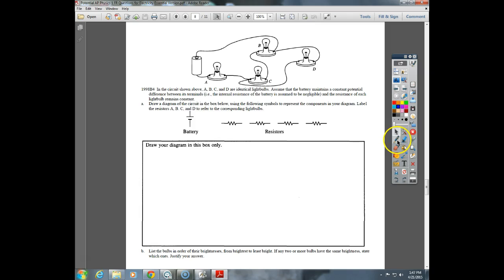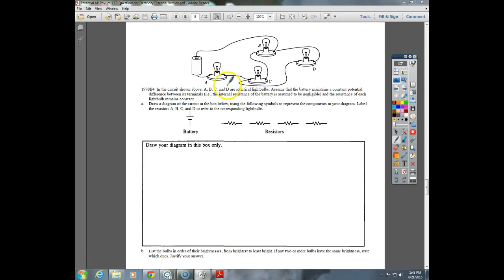All right, here we go. This problem says draw a diagram of the circuit below using the following symbols to represent the components of your diagram. They tell you that all the light bulbs are identical, which means that they all have the same resistance. Assume the battery maintains a constant potential difference, so the voltage is the same, and the resistance of each light